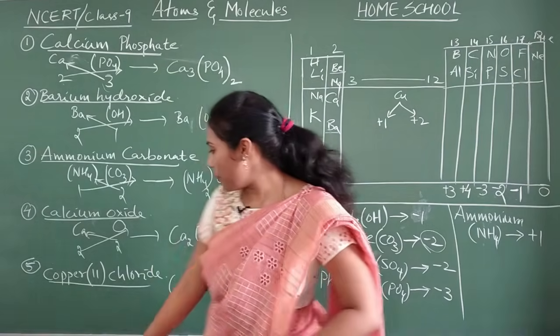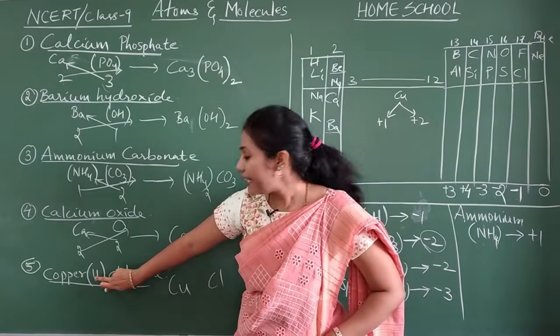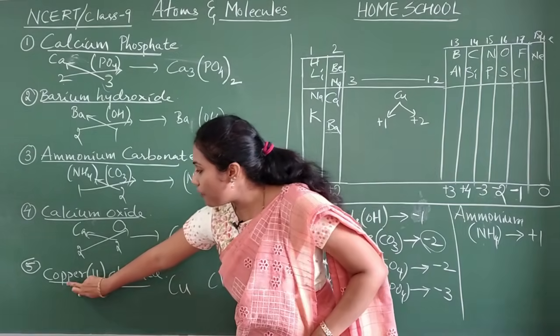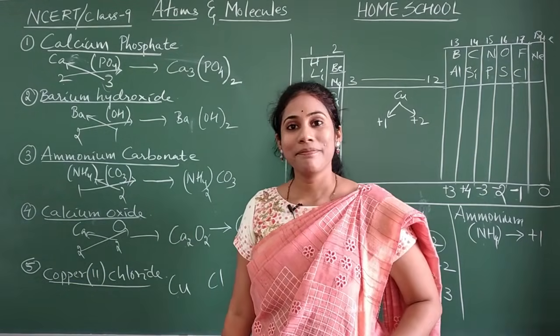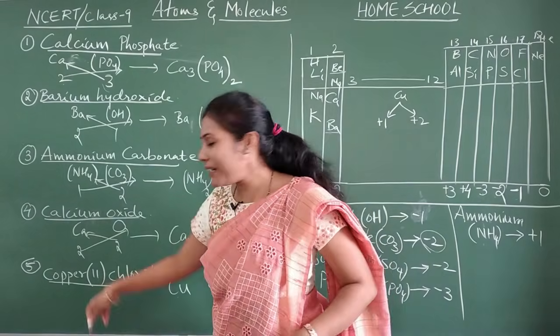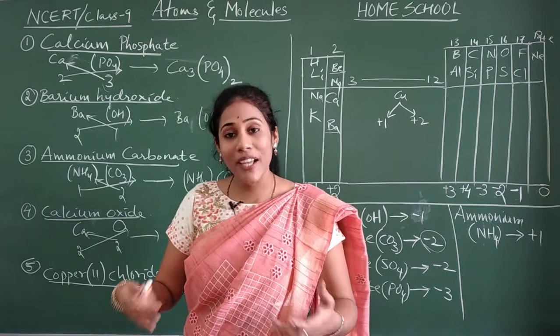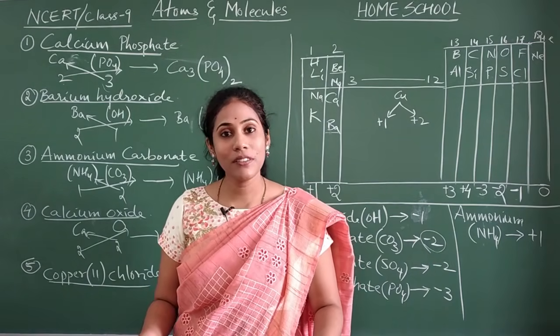You need not think of it. In the bracket they mentioned the Roman numeral 2, no? It means this is the valency of copper, guys. See how easy? They have given a valency here, because copper has 2 valencies, and we would have a dilemma about which valency to consider, yes or no?